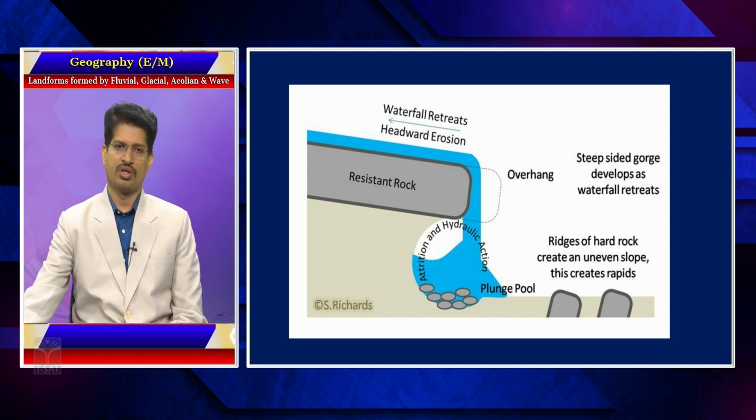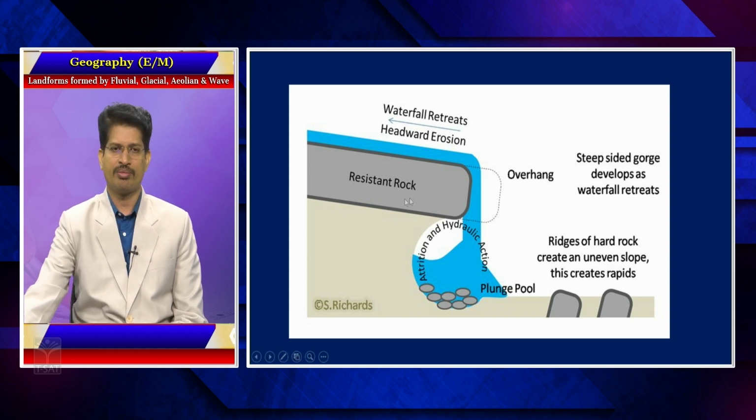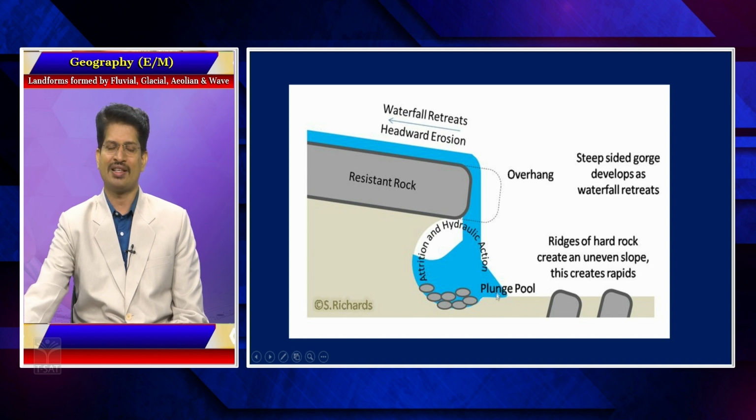So, when a topographical terrain is made up of a resistant rock like an igneous rock body, and the rest of the terrain beneath is made up of a soft rock, the soft rock is subjected to weathering and erosion fast, while the hard rock remaining leads to the formation of waterfalls. These waterfalls, because of their energy, lead to the formation of a pool beneath, exactly at the spot of the waterfall, which is known as a pothole or a plunge pool.